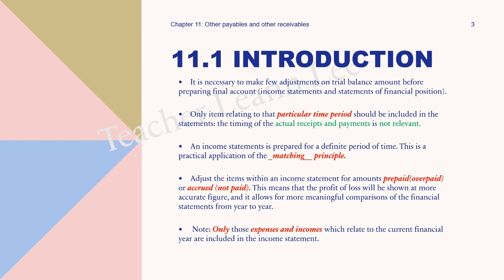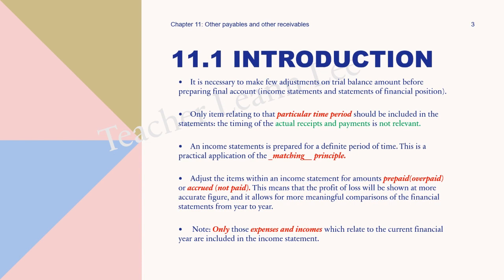They must have a total of 12 months expenses declared as telecommunication service bill in my income statement. So therefore the actual payment of 11 months is not relevant, but I only concern the 12 months figure I should pay. Okay, and the income statement is prepared for a definite period of time. This is a practical application of the matching principle, as I mentioned just now. Your expenses and the sales must be matched in the same accounting period. Cannot be 11 months, cannot be 30 months, cannot be 20 months sales and 7 months recorded in expenses. They are not matching, and at the end of the day, your result of profit for the year is not